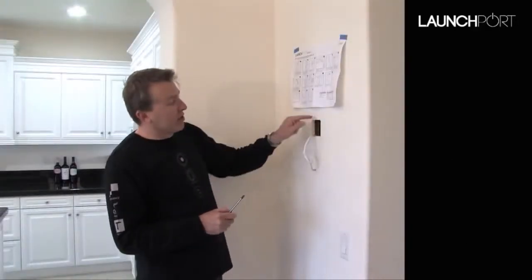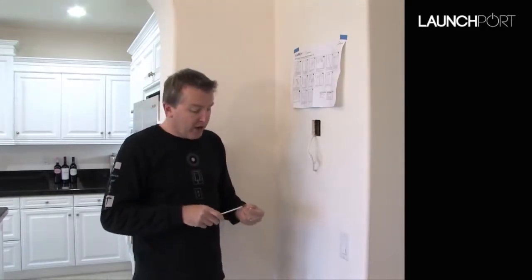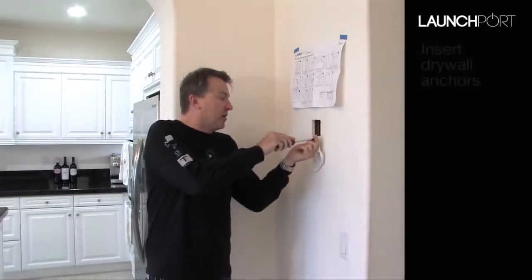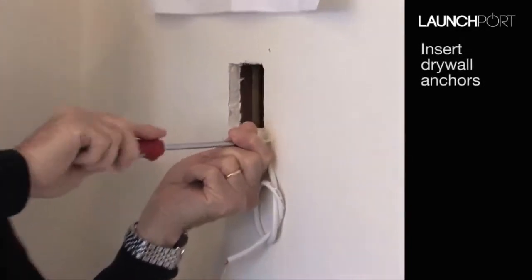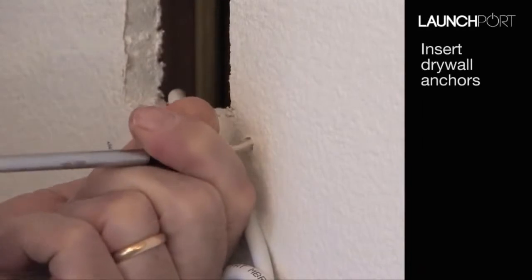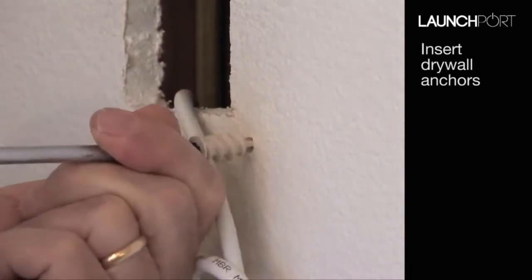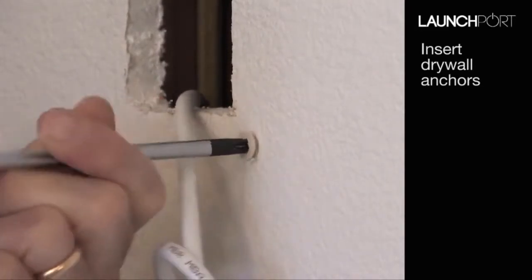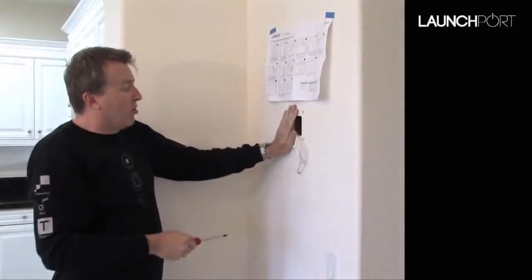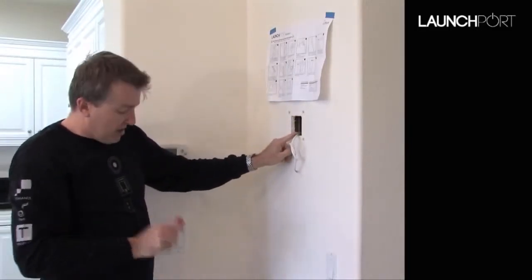Now there's a couple of ways that you can hold this device on the back, but the way we're going to do it here is a drywall anchor. Be careful with these. A lot of people get tempted to try and put them on the end of a power drill or a powered screwdriver. They're not designed to have high levels of torque or high speed. They get hot and they crack off. But as you can see in this situation, they're going in very, very easily. I'm just screwing them in now. So there we go. The holes, ready for the screws, cables ready to be connected and ready down to the